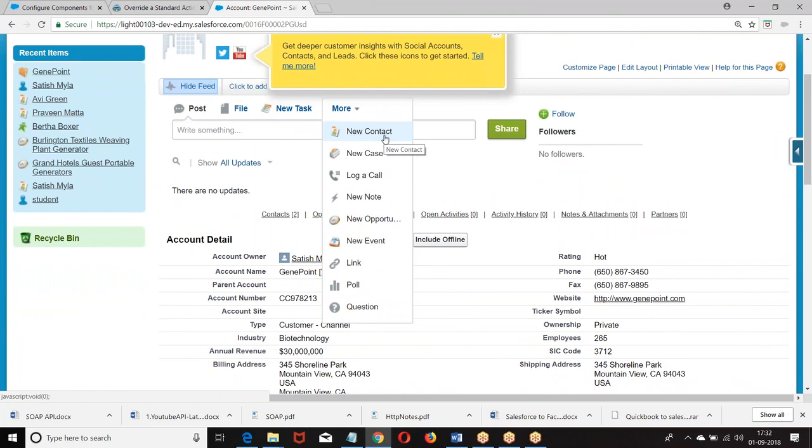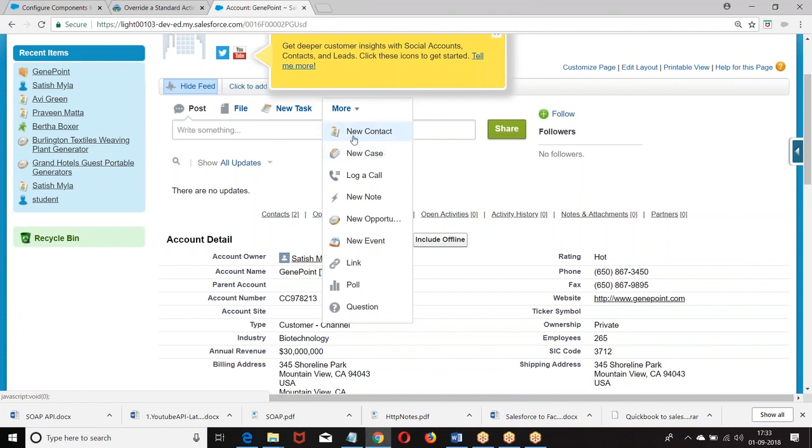On any page we can add it, on any object we can add it. This is not related to a specific object. These actions can be added anywhere, on any one of the pages or any one of the objects. They are not specific to a particular object. They are global. That's why they are called global actions.